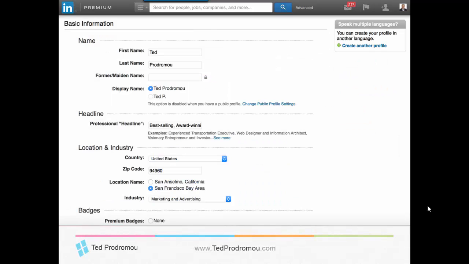So here's your basic information. A lot of people, not a lot, but I've seen people use their display name. They'll just do first name and the last initial, which you can do if you want. My whole goal on LinkedIn is to get found, so I don't want to hide from people and make it hard for them to find me. Then here's where you change your professional headline. I'll do a whole section on that because that's where you're going to grab people's attention and get them to know, like, and trust you right away. And just fill out your information, what you feel is appropriate. Choose the right industry.